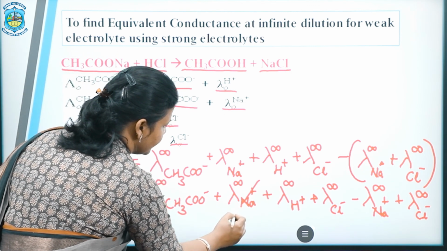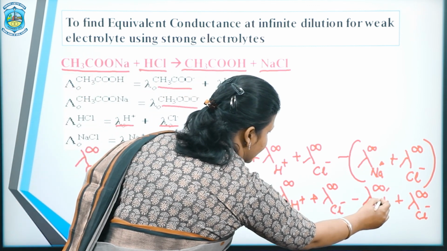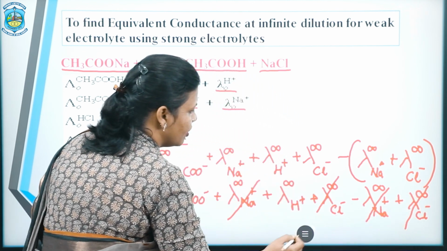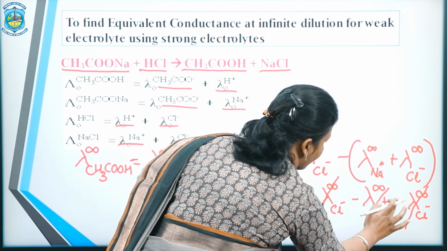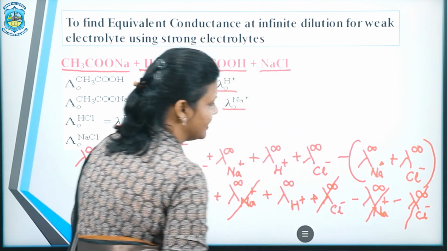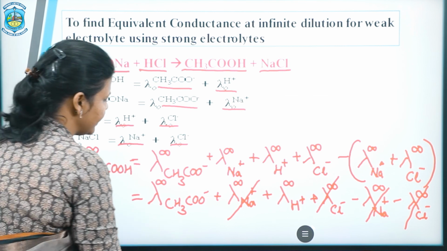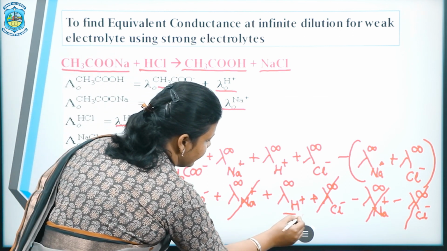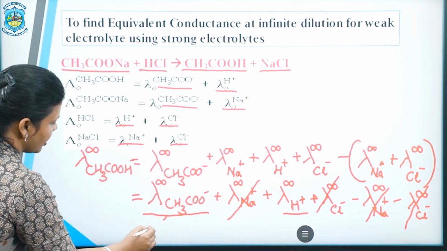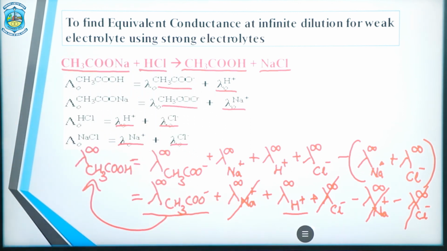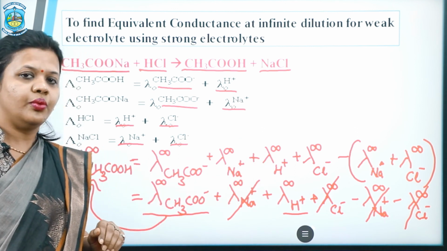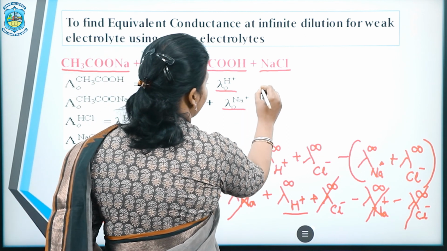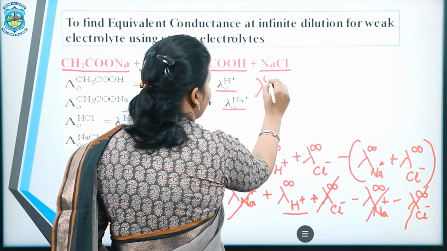Since the sodium ions as well as the chloride ions are common with the opposite sign, they will get cancelled, resulting in the formation of acetate ion and hydrogen ion, which are our desired product. So by this equation, we can say that to calculate the equivalent conductance at infinite dilution